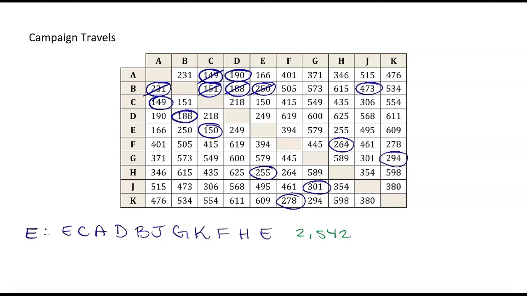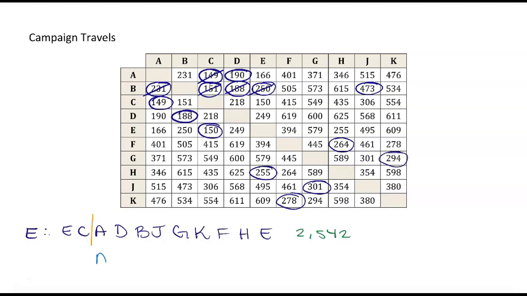To complete the repetitive nearest neighbor algorithm, we would have to follow this process beginning with each vertex. But looking at the three that we just did, clearly the one we found beginning and ending at E is the shortest. The last thing we need to do is rewrite it as a route that begins and ends at A, since that's what was requested.